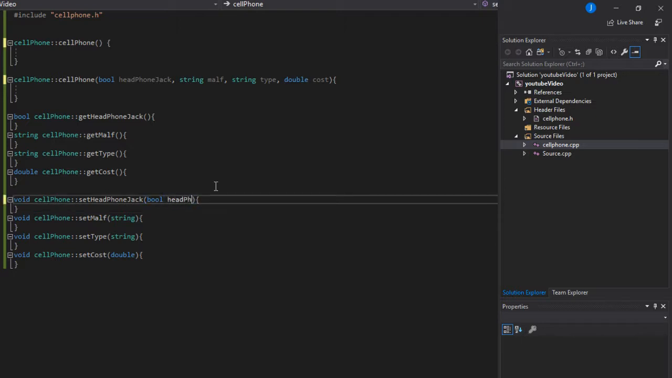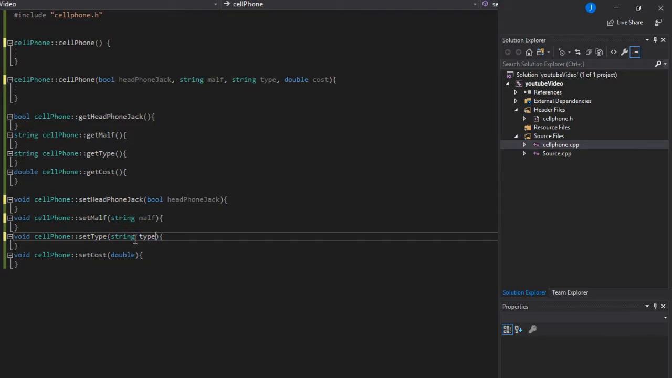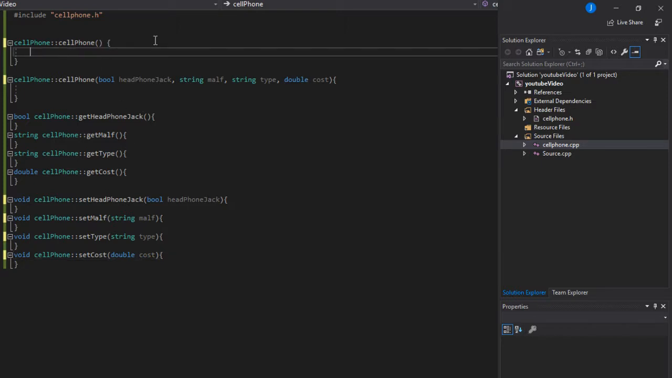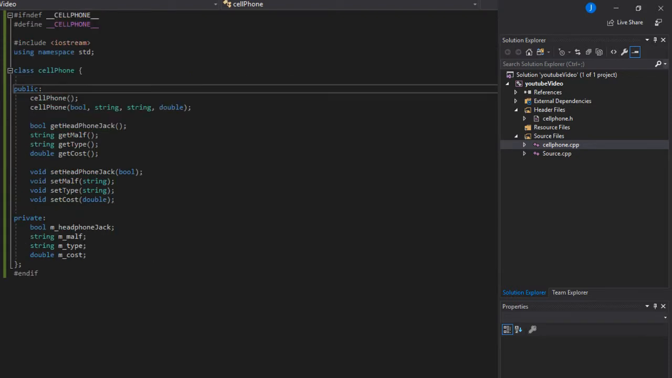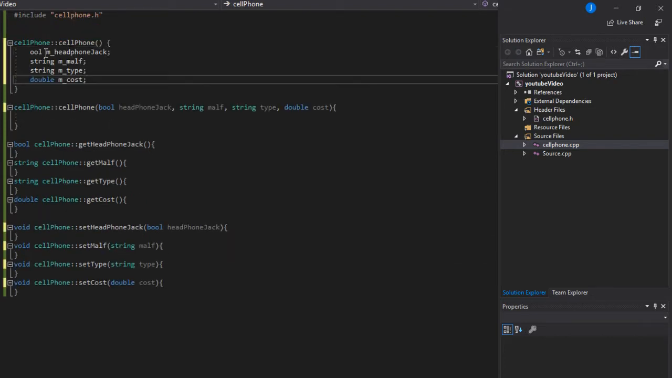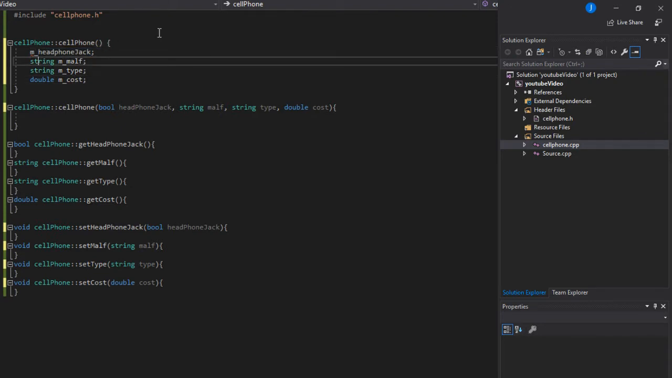Let's write these out really quick. Jack, string mouth, string type, the double of the cost. Alright, cool. Now for this, the empty constructor up here with no parameters. This is for when you create the object with nothing passed to it. Everything is set to a default value. So taking those parameters,